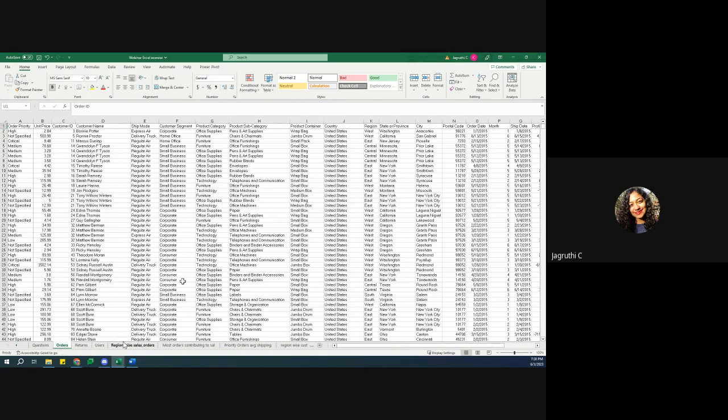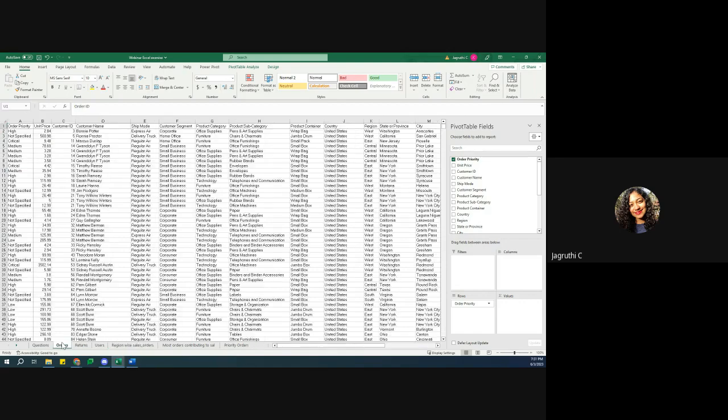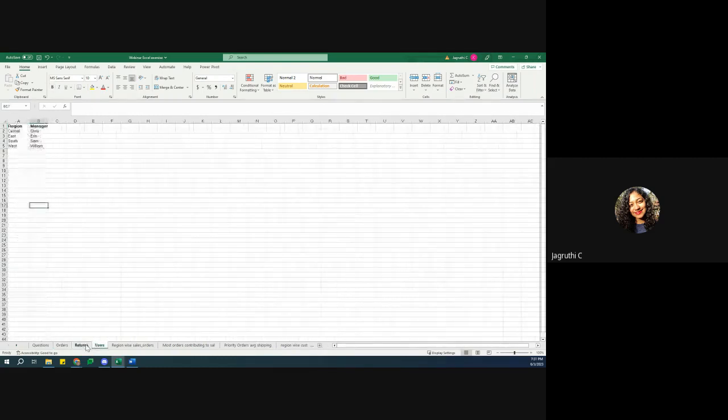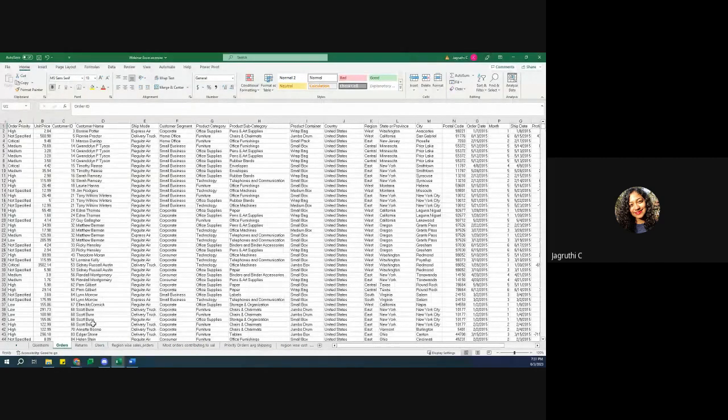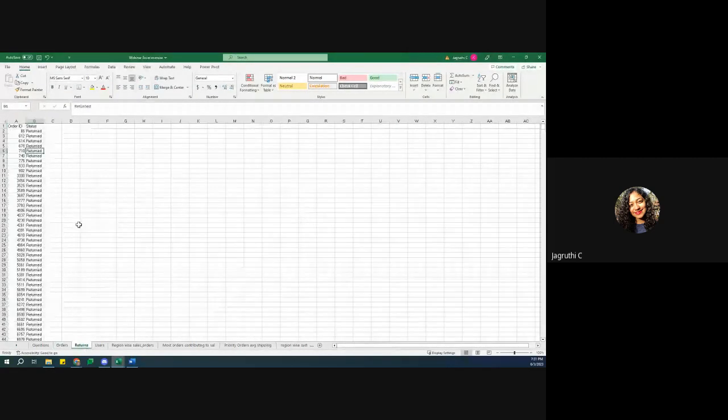Before getting into it, I have a couple of questions which I've already added down here. It will become easier for me to show you how pivots work, how charts work, and how fairly easy it is to use Excel here. I'll get into this later on. So first, let's join these tables. You have your returns, your users table, and your orders table. From your returns table, you can actually get your